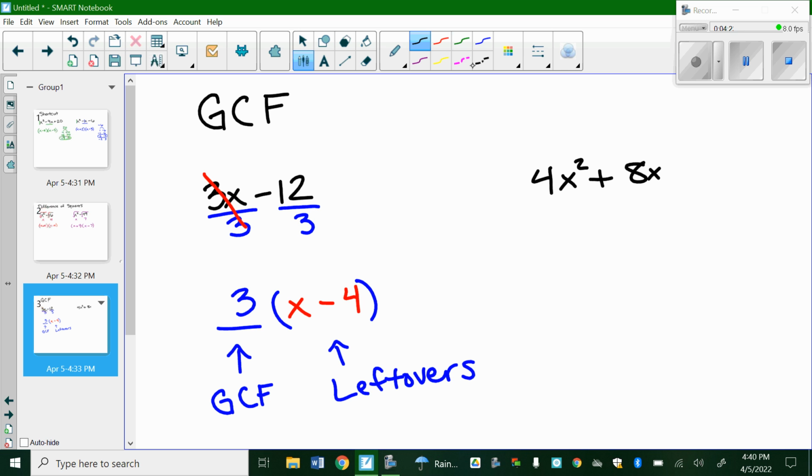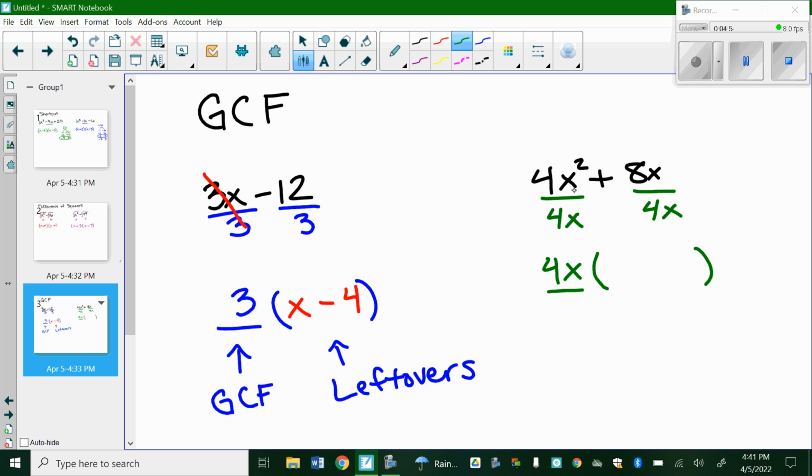Again, I need my GCF out front, and I need the leftovers in the parentheses after. Okay. We are going to divide by what they have in common. I see a 4, I see an 8. The largest thing I can take out of each of those numbers is a 4. You could take a 2 out, but that's not the greatest common factor. Then I have x squared and I have x, so I have an x in each of these. So I can take an x out as well. So I have the 4x for the GCF out front,